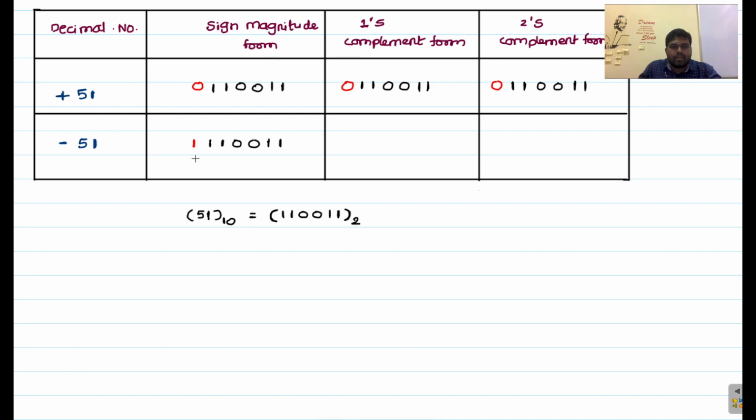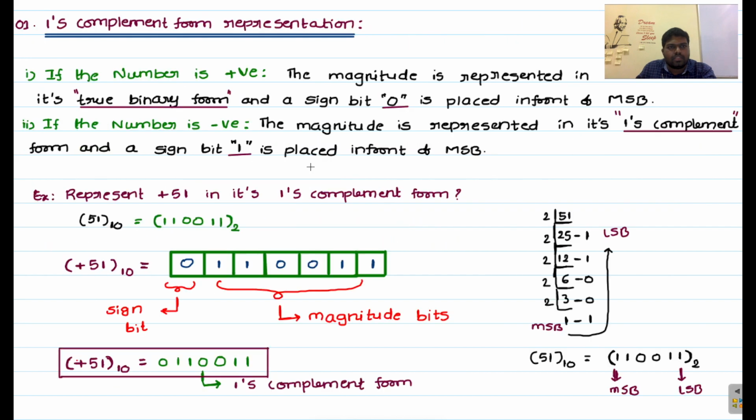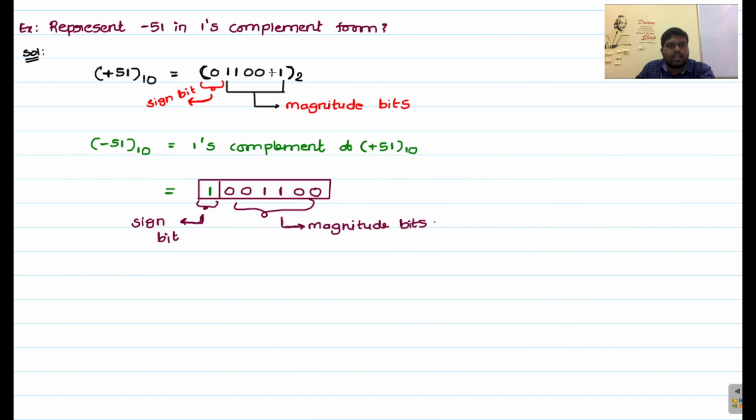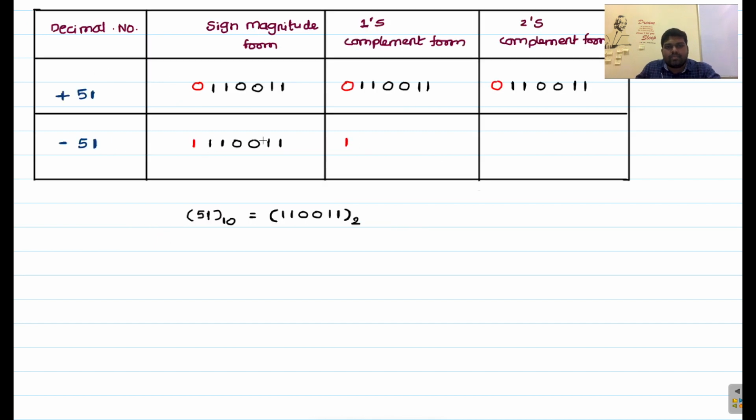Okay, this is the sign magnitude representation. When it comes to ones complement form, we have already calculated it in the previous example. Here we already did minus 51 in ones complement form. So what is the value, 1001100, right? You can just copy the same thing into the tabular form, otherwise you can write it directly from the sign magnitude form number also. For a negative number representation, the sign bit should be 1. You can place the sign bit 1 here, that is clear, right?